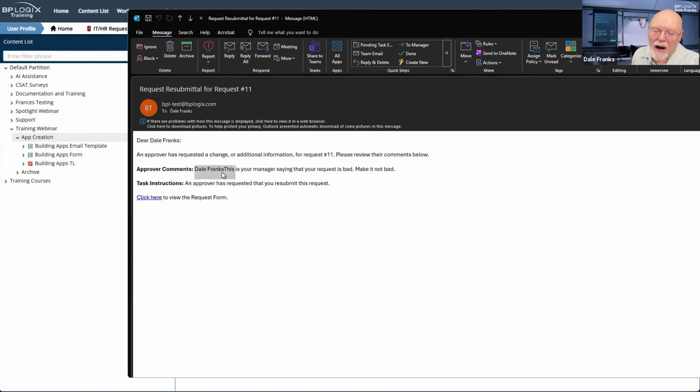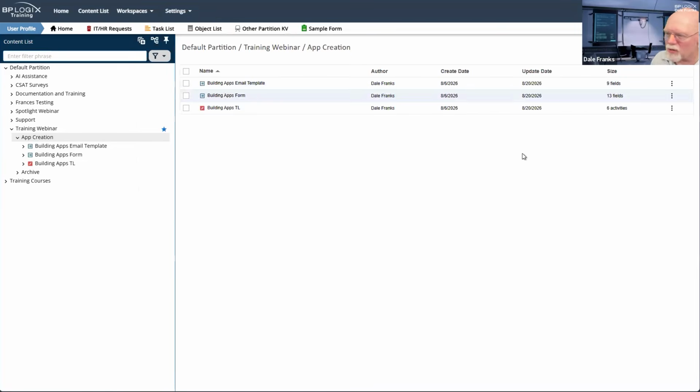So I'm going to need to hide this Dale Franks here, because that's not what I want to see. Because if I had supervisor comments, then they would be here and Dale Franks would be here. So we would have to go back in and do the embedded section control stuff. We're kind of running out of time, but we'll see if we can make a pass at that before we go.